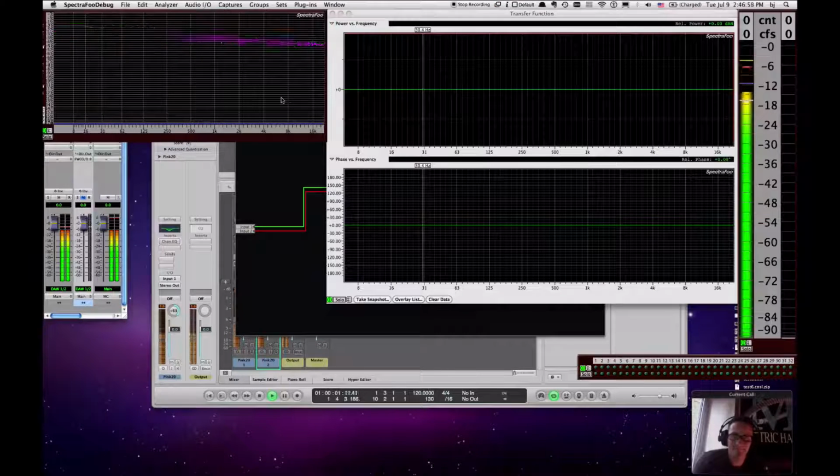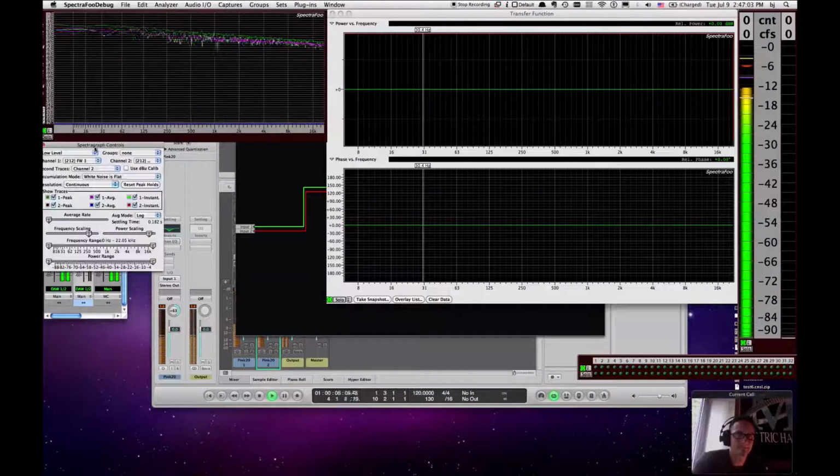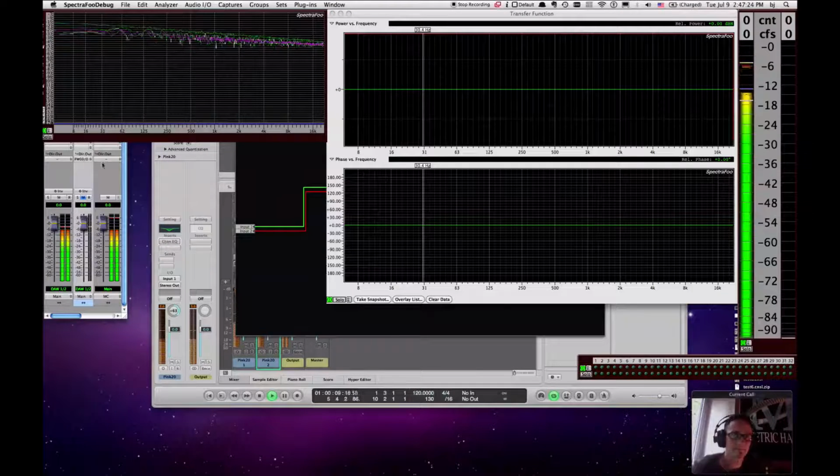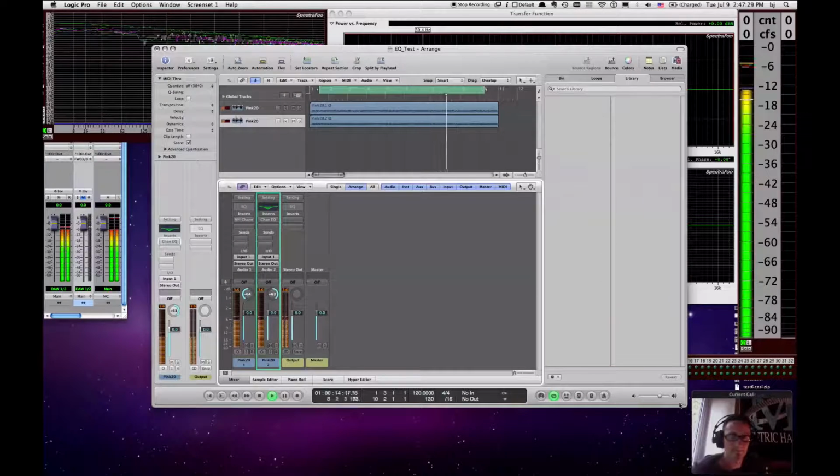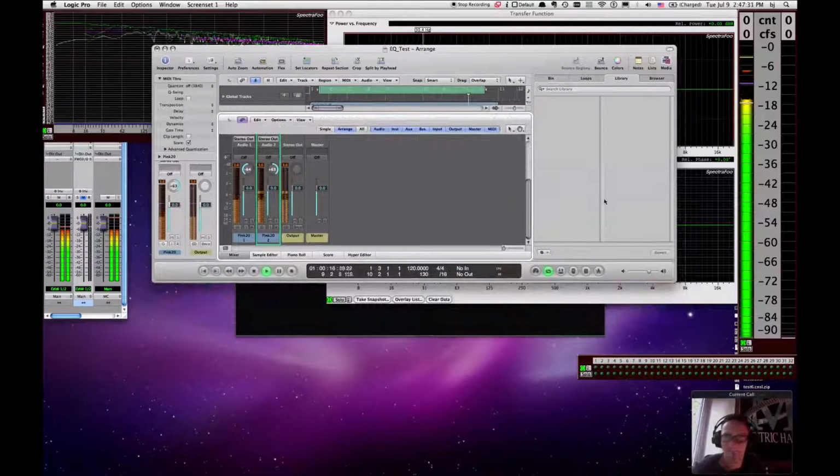And then the last thing that we have over here is the first channel. Again, this is set to FireWire 1, and this one's FireWire 3. So this is showing us the signal coming out of the channel strip EQ, and the other one, because the signal level is 0, we're not seeing any activity, and that's going to be the difference between the two signals. So now, if we go back to Logic and make this window a little smaller,